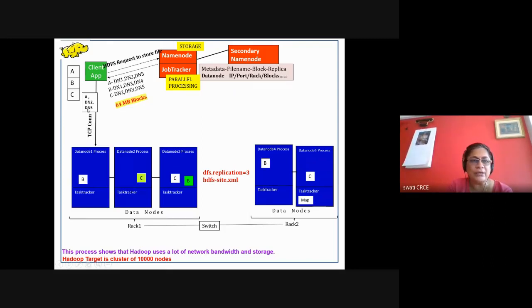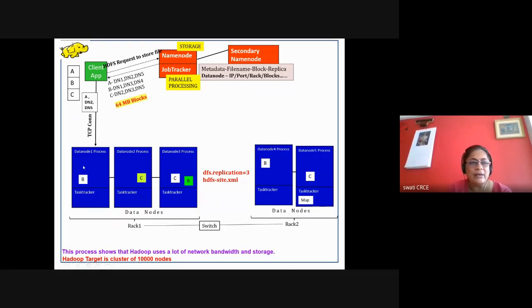So the client will communicate to DN1, and it will send this block A to this machine DN1, and it will tell it, okay, you store this block A on your machine, and the replicas are to be stored on 2 and 5. Why is this done? Because otherwise there will be lots of traffic, with the client communicating with every node. So to scatter the traffic of signals, this scheme is used. Client will talk to only one machine, and it will inform about the replicas.